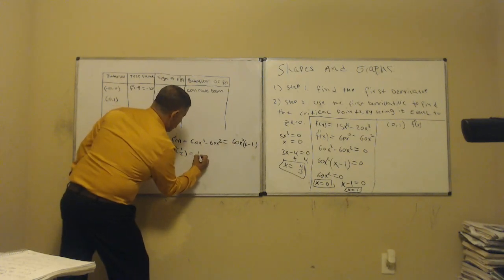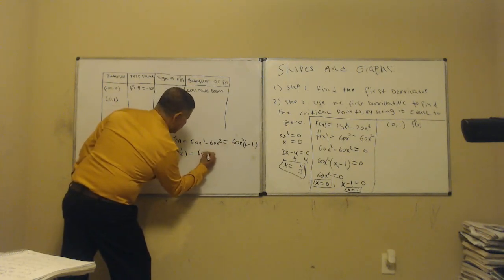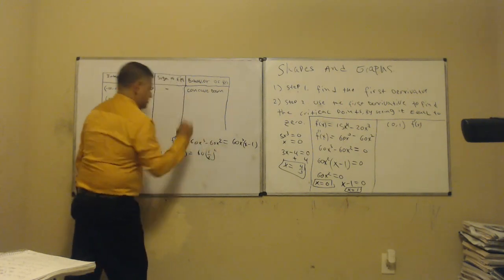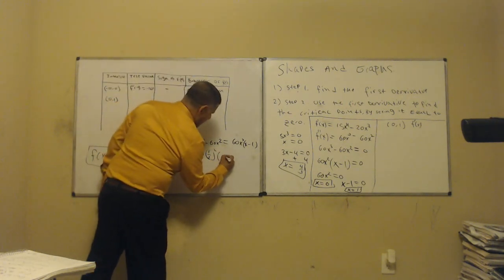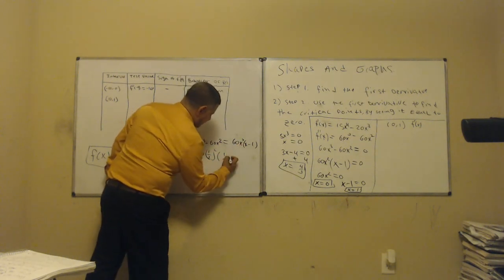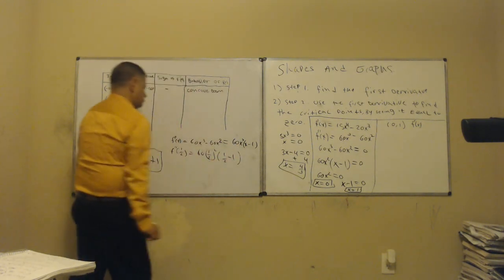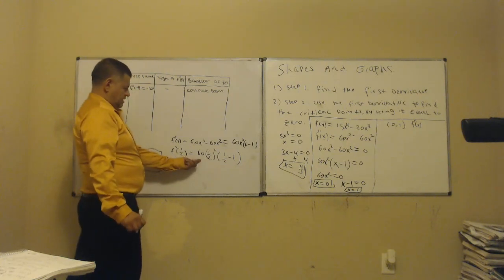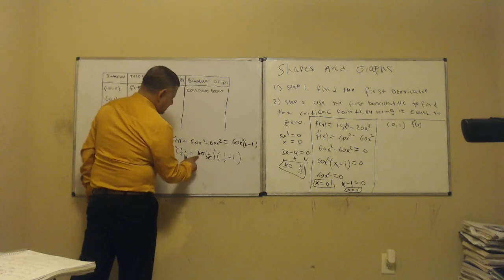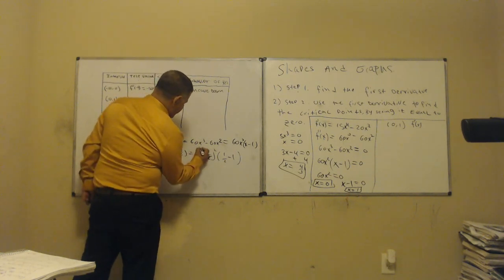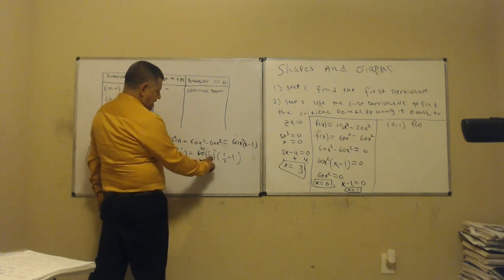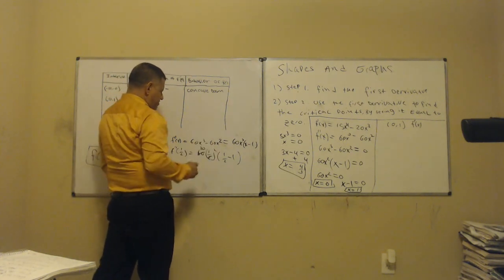So we have 60 times negative half squared times negative half minus 1. This guy is equal to what? 30, right? And then I squared, but